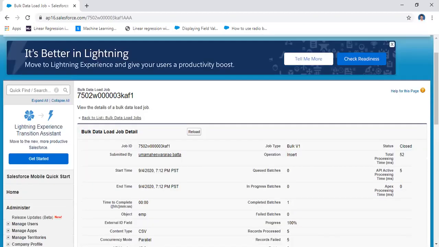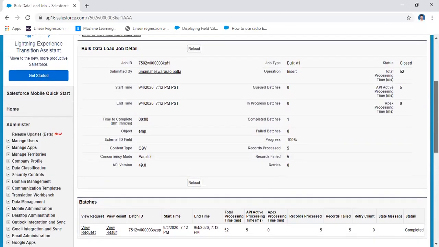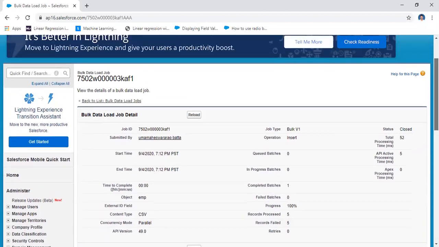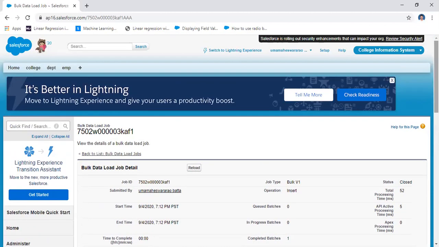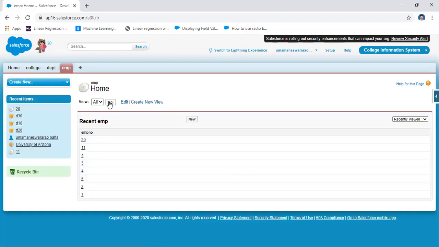Some of the records are added. That means bulk data load job details. If you want to see whether these records are added or not, you may verify the records. Click on here and then go.